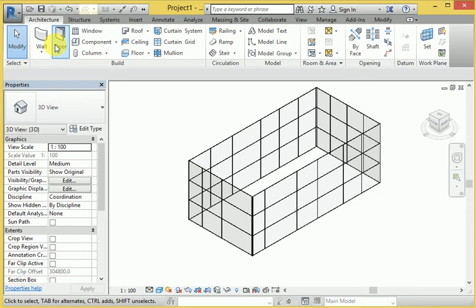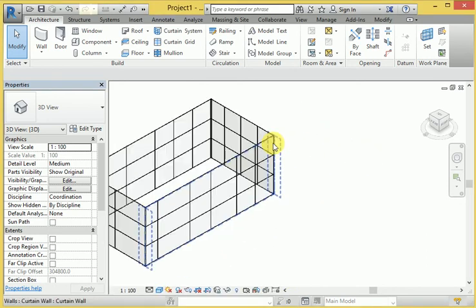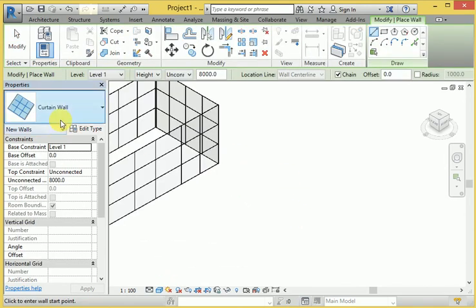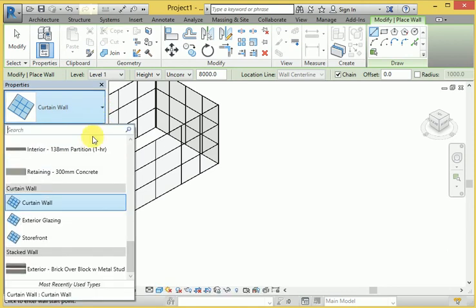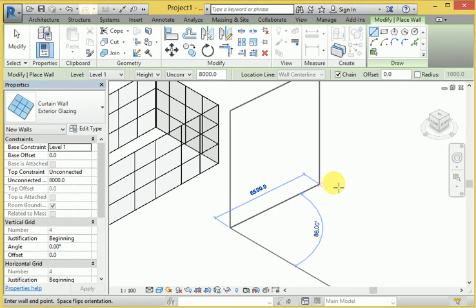If you change anything, like when I get the door, it means creating the particular door here. Again I will show you how to use the curtain grid on a single wall. Let's start the single wall here. Select this type of wall.